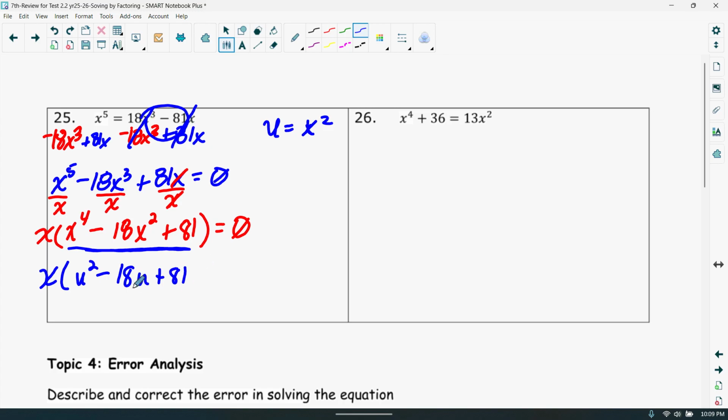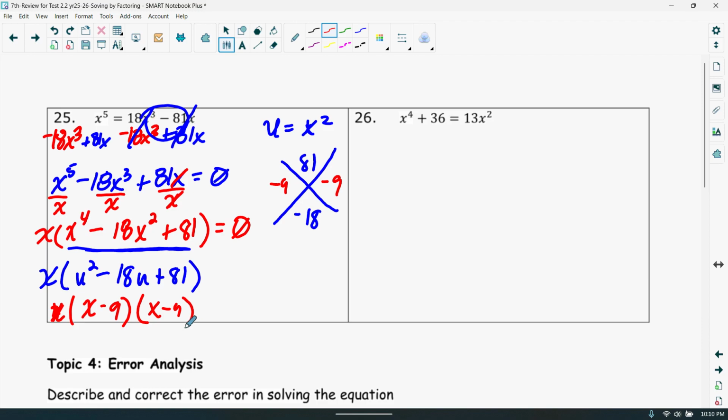But it's a basic trinomial because we're still just finding factors of 81 with the sum of a negative 18. That's a negative 9 and a negative 9. So my factors are the x, there is the GCF, and then we have x minus 9 and x